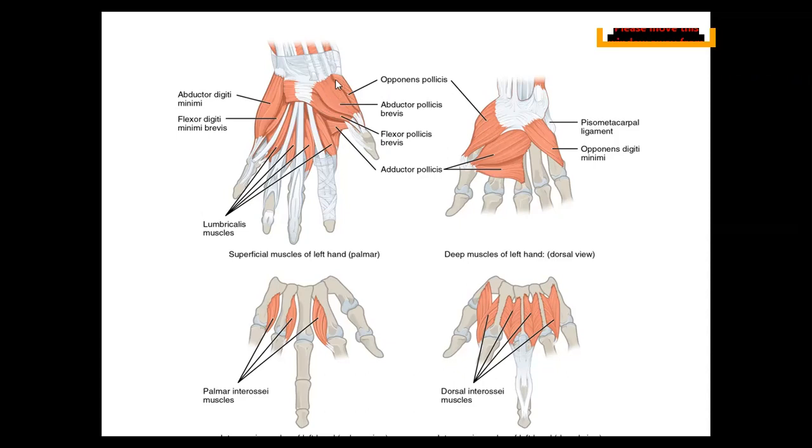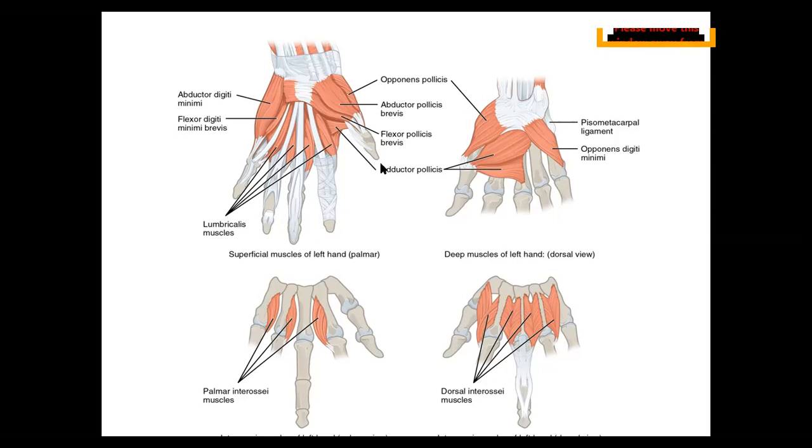So when you remove these three muscles, underlying this, you have one more muscle which is called adductor pollicis. So the thenar eminence looks quite a bit bigger if you just look at your own palm, because it has 4 muscles. When you come to the hypothenar, that is towards the little finger, we have 3 muscles: abductor digiti minimi, flexor digiti minimi brevis, and if you lift, there is one more muscle called opponens digiti minimi.